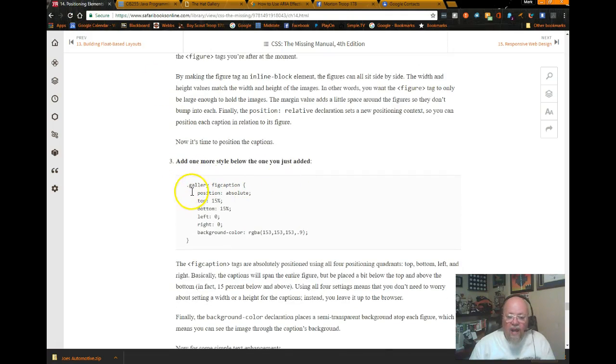So then we're going to add another style. These are the figcaptions. All the figcaptions inside of the gallery class are going to be position absolute. Now we want this absolutely positioned where the top is 15% down from the top. Again, this is inside the figure. The bottom is 15%, so 15% up. Left is 0, right is 0. Background color is gray, I think, and it's going to be 90%